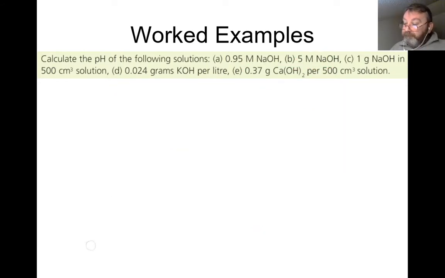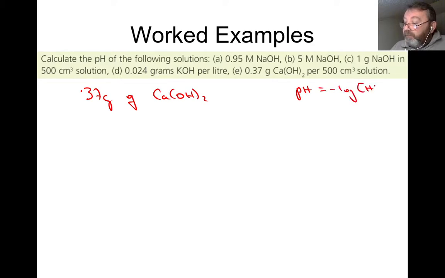Second one, 0.37 grams of CaOH2. Okay, I want to get the pH of that. pH equals minus the log of the hydrogen ion concentration. What? Can't use it. pOH is minus the log of the OH minus ion concentration, and I can use that. So I go back over here, because it is OH, and I want OH minus in moles per litre. So I don't have it. What have I got? I've got 0.37 grams of that in